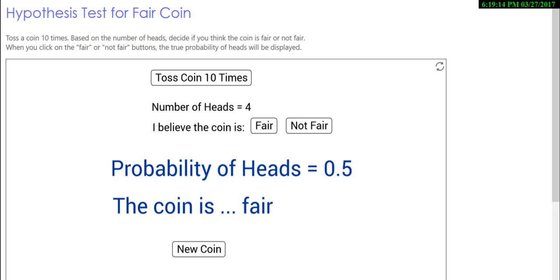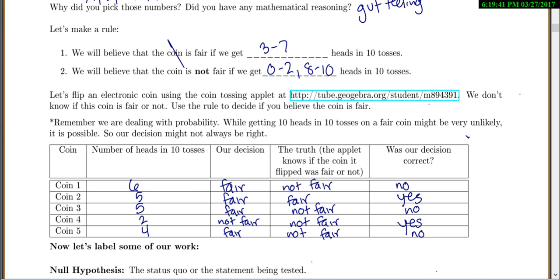I just want to kind of see what we're getting when we toss it. So we can keep tossing the same coin. So we get 6 heads, 5 heads, 4, 3. Look, even on this fair coin, we just got 1 head. So it's unlikely, but still possible. 3, 5, 7, 5, 4, 5, 6. So most of the time we are in that 3 to 7 range, but every once in a while you still kind of get one out of those bounds.